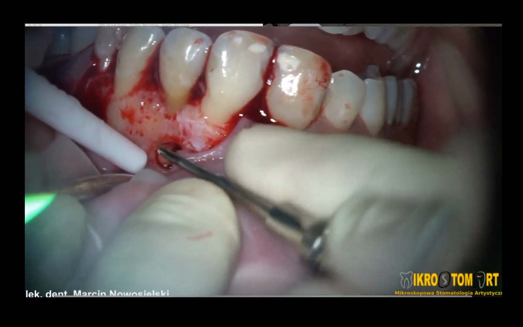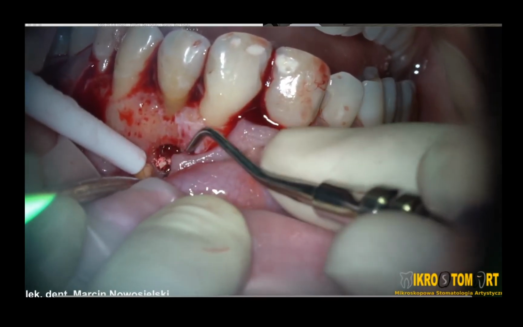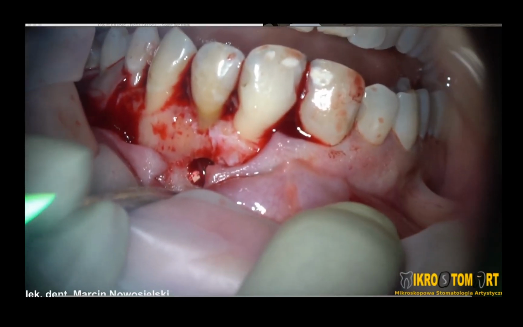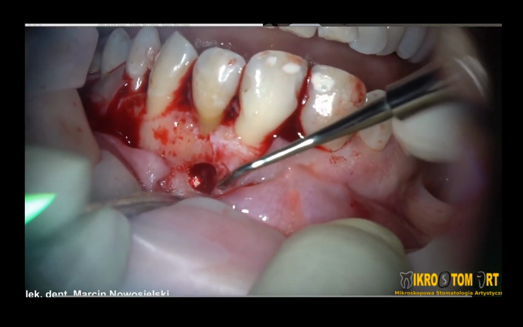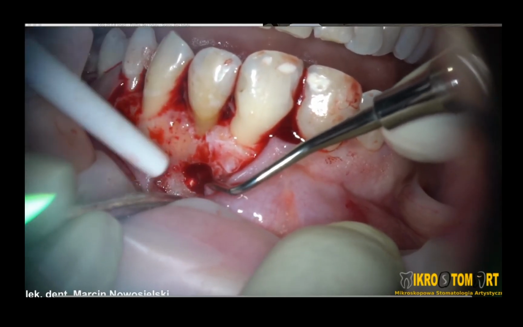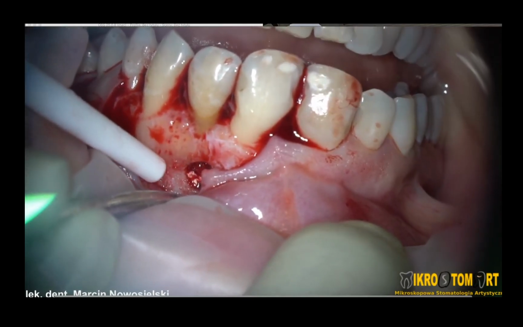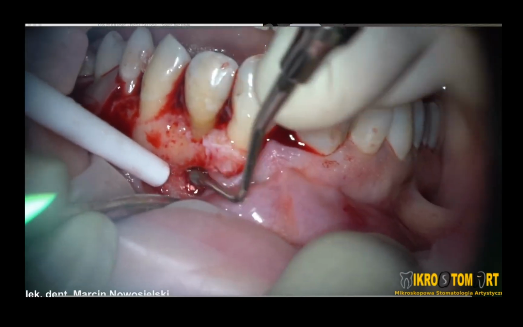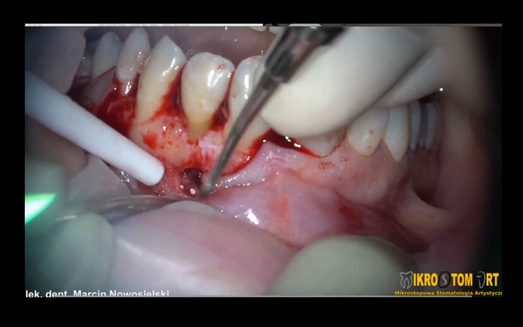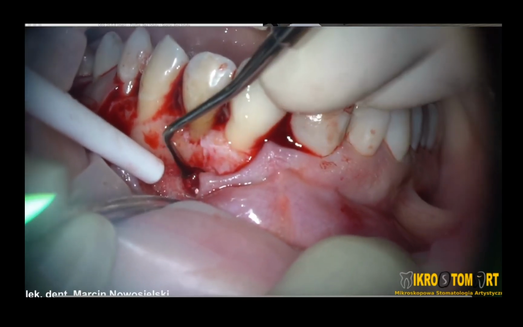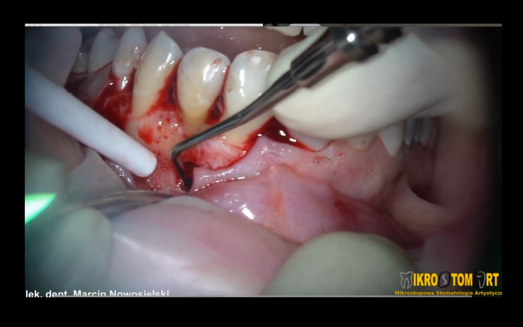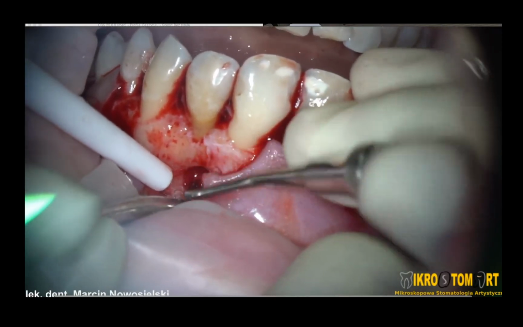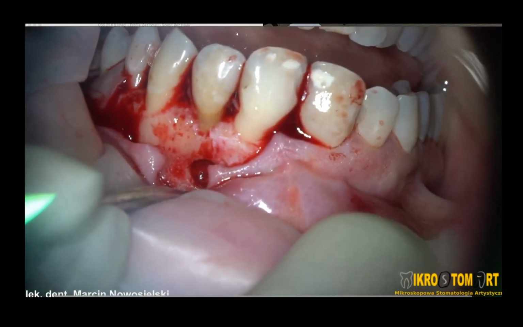And when we remove it, you will be able to notice how much extruded dental material is inside the cavity, how much granulation tissue is in there. And now we will try to remove it with the spoon. And now you can see how, in fact, slow and, let's say, ineffective it is. Because I am trying and this granulation tissue is still stuck in there. So this is why